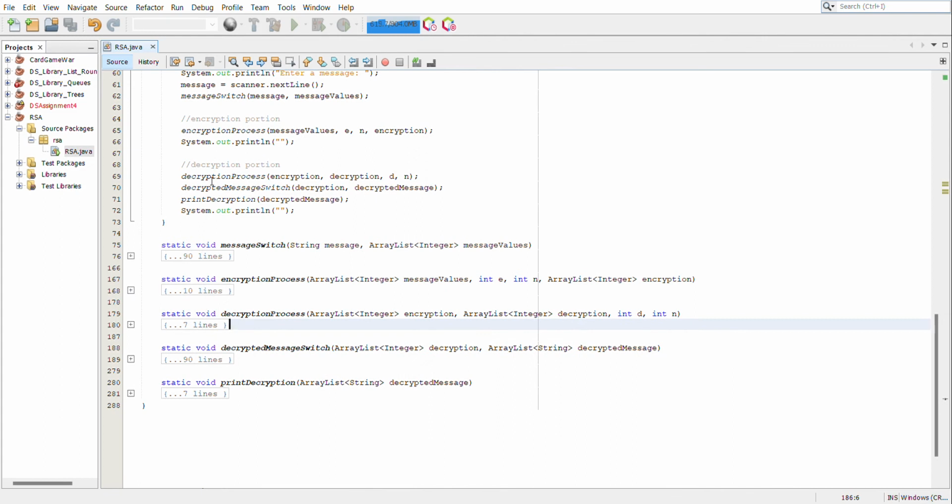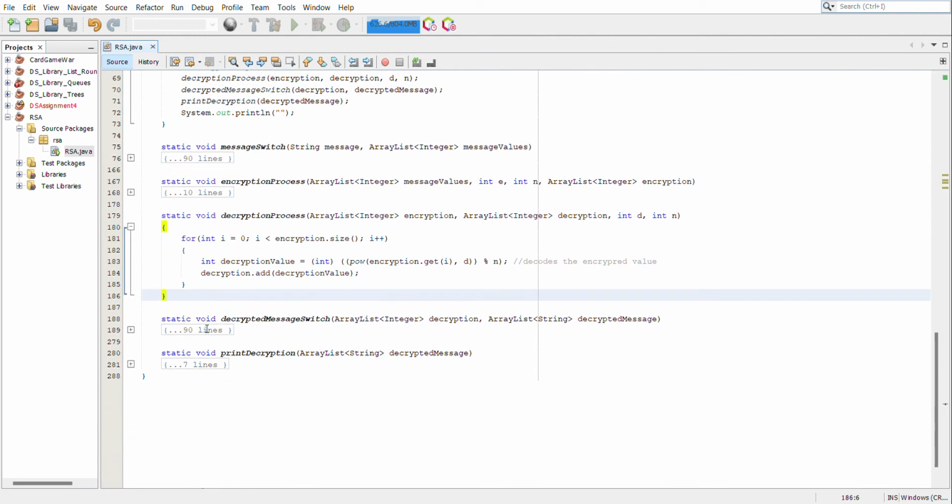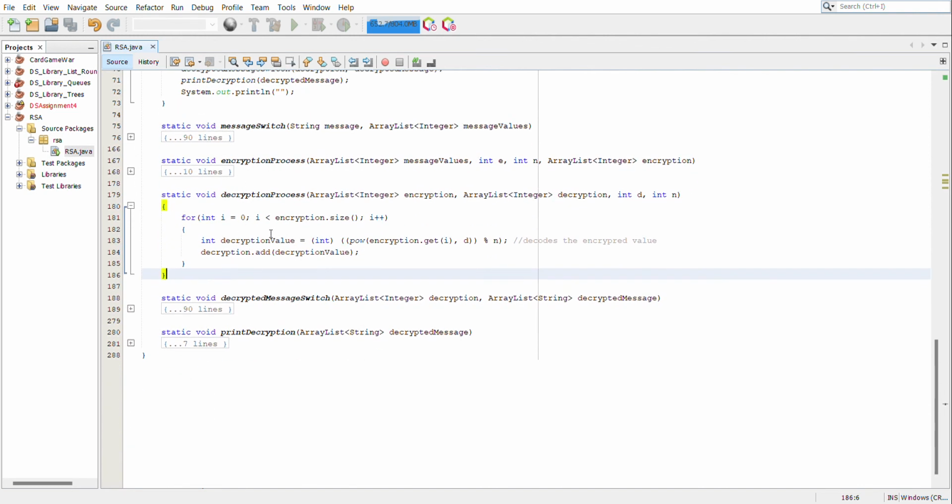Then from that, we will do the decryption portion. That goes with the decryption process method, the decrypted message switch method, along with the print decryption method. So to start is the decryption process. This is the reverse of the encryption process. So this runs for the size of the encryption